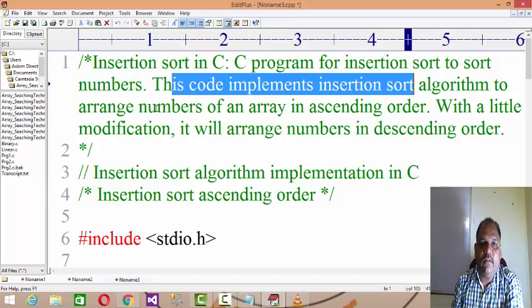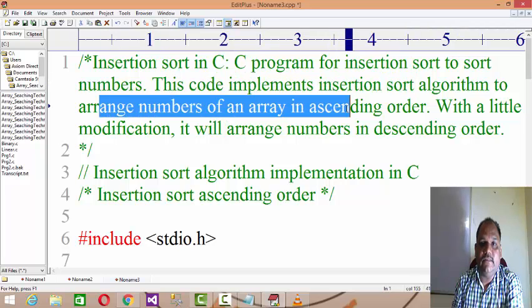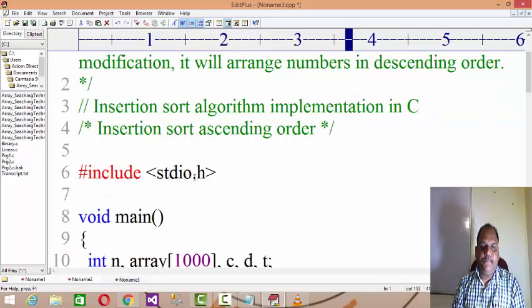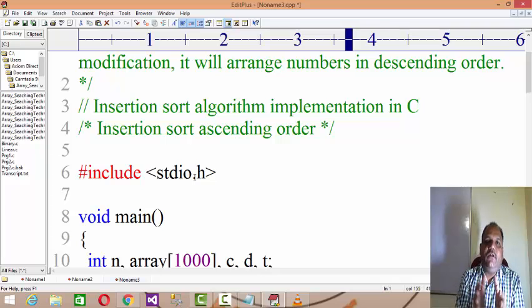This code implements the insertion sort algorithm, arranging the numbers of an array in ascending order. I'll be explaining how to do it over there, but first you need to understand the logic of insertion sort. Let's say you have plain cards, and now you need to arrange them.